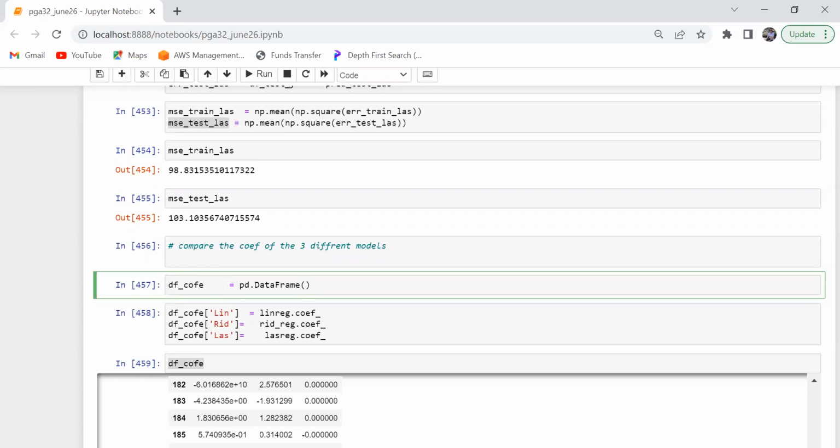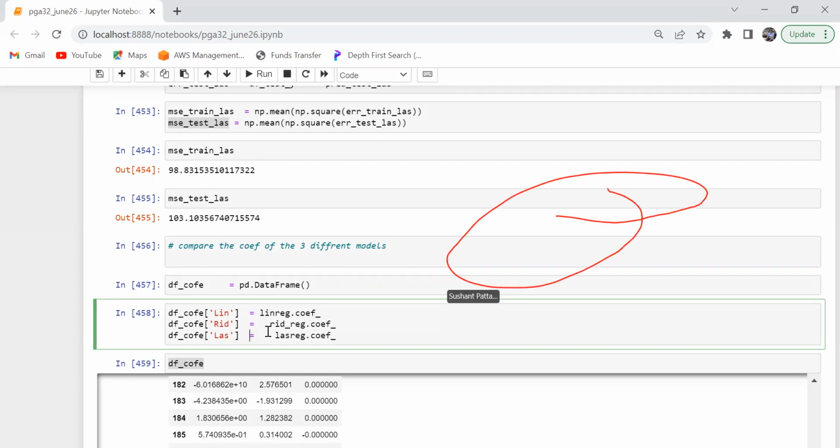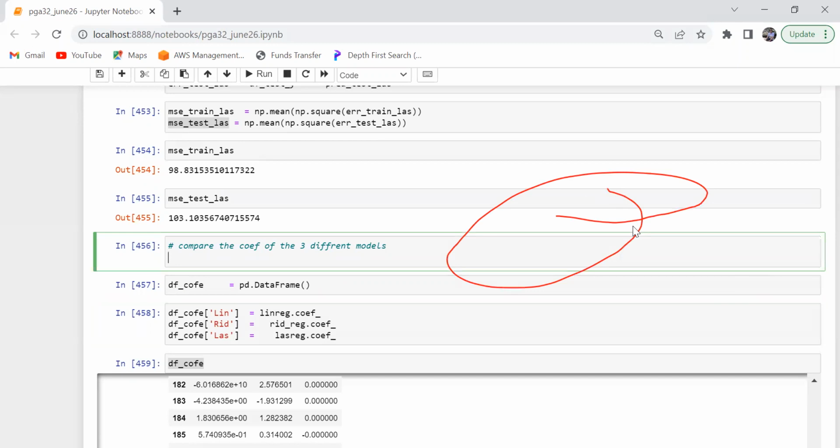Done, guys? Does everyone understand the code at line number 458? 457 and 458, right? It is already covered in pandas how to create a data frame and how to add a column to it, right? So there are many things which I'll stop to explain now. That would be my assumption, that people understand. Who drew this line, brother?